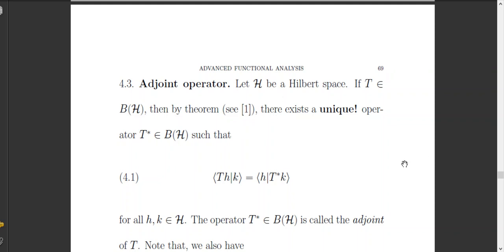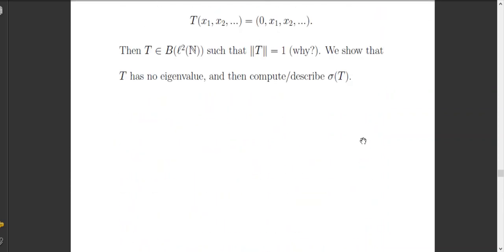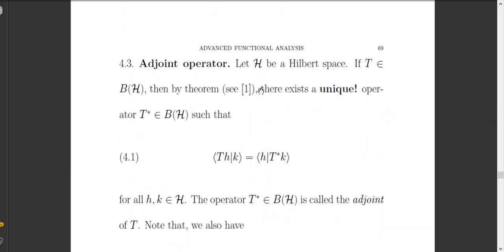Okay, next we are going to talk about the adjoint operator. Look at here. Suppose that H is a Hilbert space and T is a bounded linear operator on H. Then by theorem, here I said C1. This means the